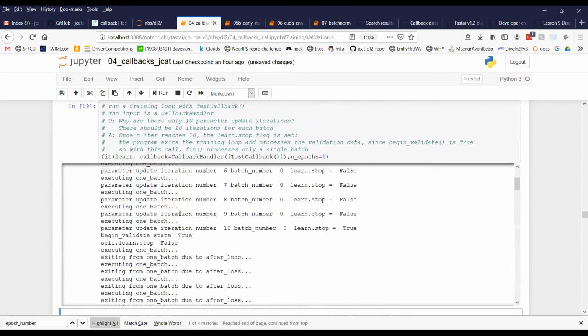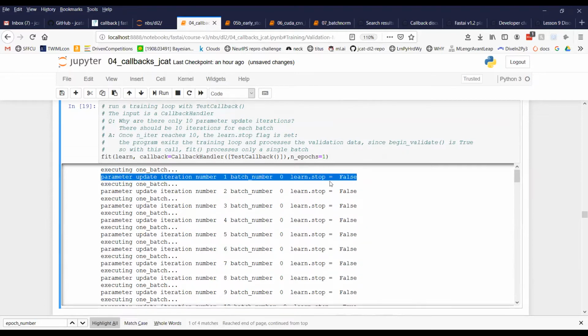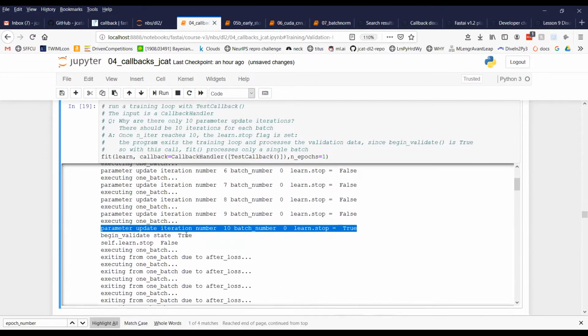So you can see what it's doing. Each time it executes a batch, it tells us so. It tells us that it's doing parameter update iteration 1 from batch number 0, and the learn.stop is false. And then when it gets to parameter update 10, now remember we told it not to go any farther than 10, so it now tells us that learn.stop has been set to true. But the next thing it does is it